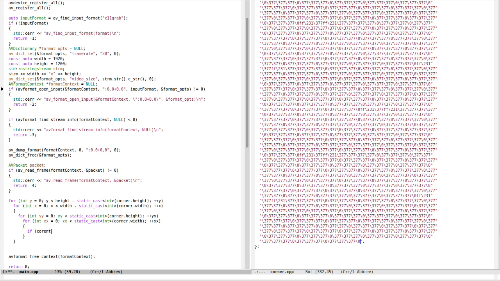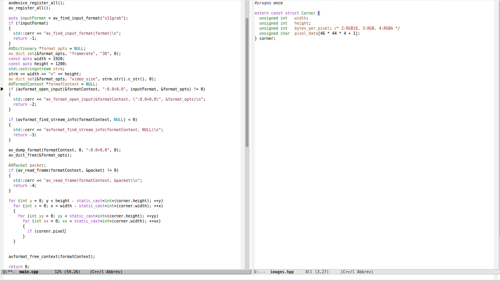If corner dot pixel data x plus yy multiplied by 4 plus 3 is not equal 0, we are going to get the difference: for int c equals 0, c less than 3, plus plus c, diff plus equal, but not 3 plus c minus